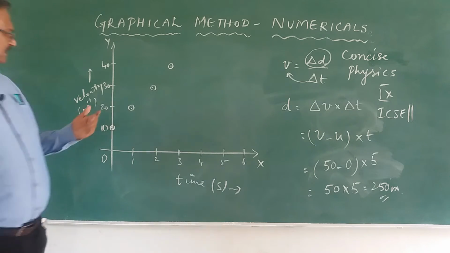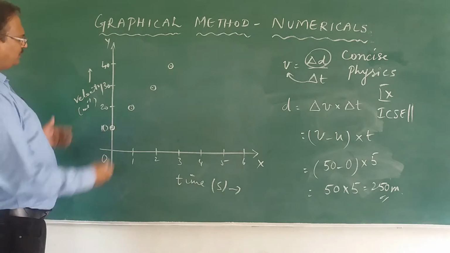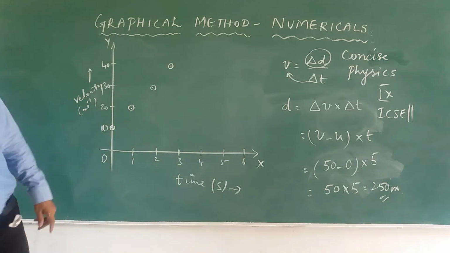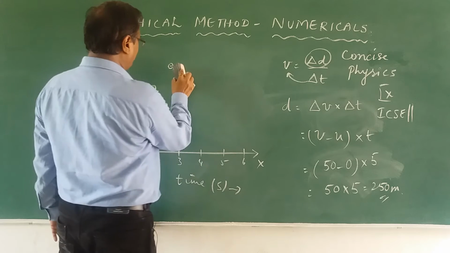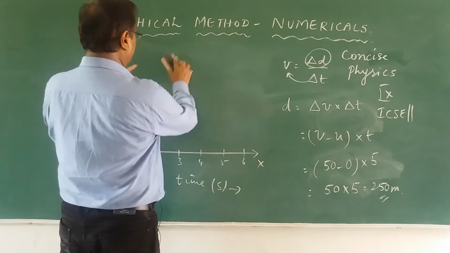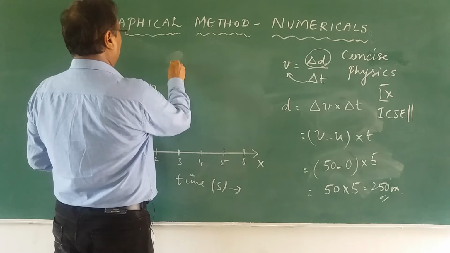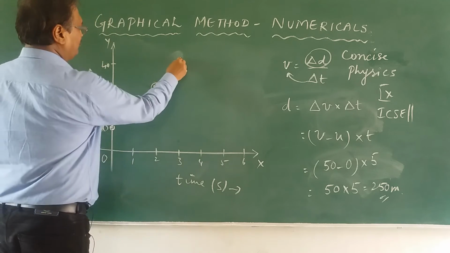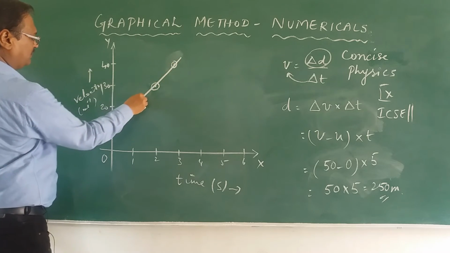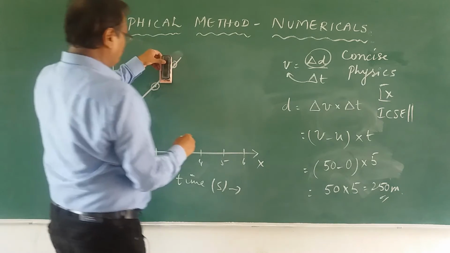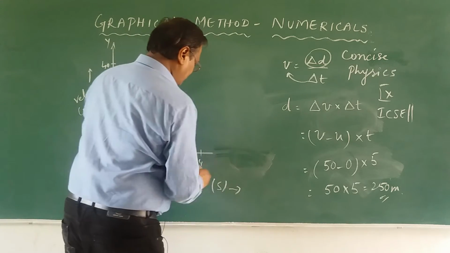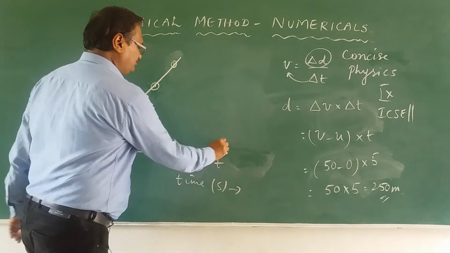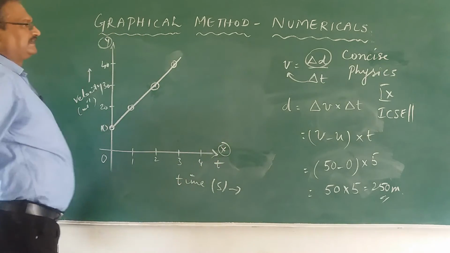If you want to expand it a little bit, we can make it bigger. I don't think it is necessary. So let me erase this part because the data is finishing at 3. From 2 it is going to be here. Let me join all the points and make a straight line. So we can put time here. This is the x-axis and y-axis.